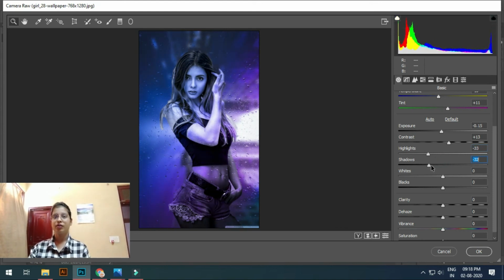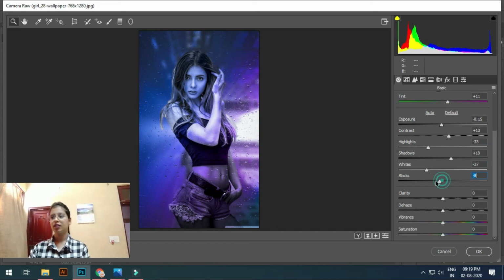Shadows, create it. Okay, adjust shadows. Whites, again adjust blacks according to your photos. I'm adjusting it according to my photos.